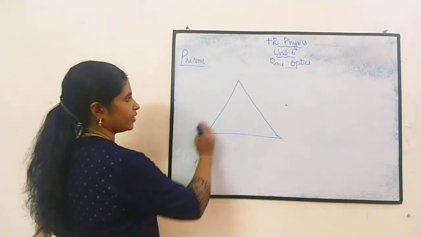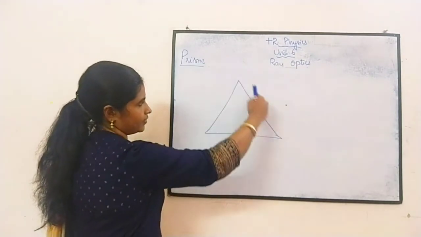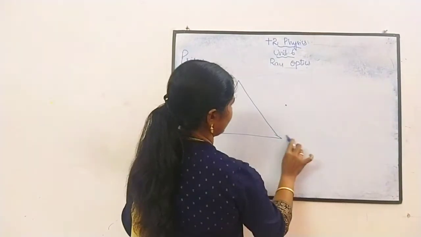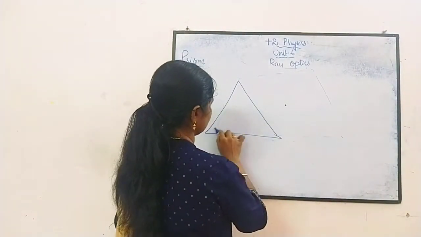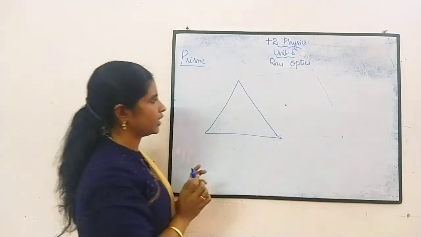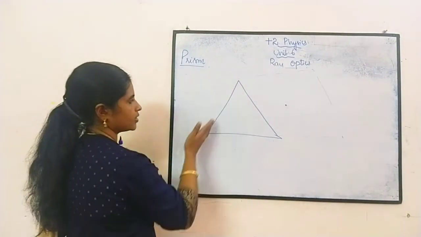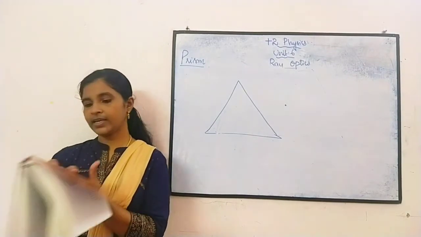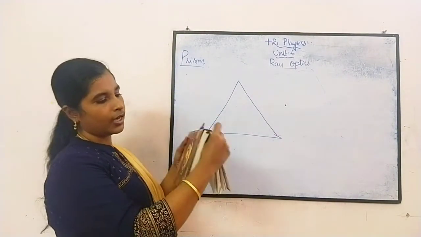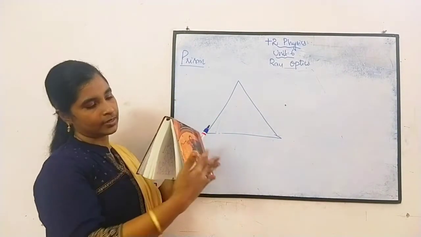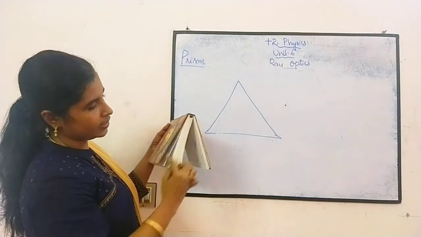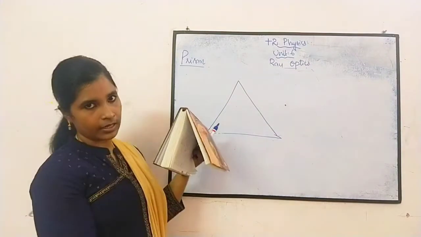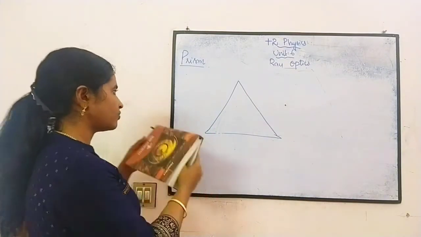So I am taking this part. These are the inclined surfaces. When we draw in 3-dimensional, we should draw like this. This is a prism. Here it will be looking like this. Can you understand what I am taking? As I told you, I have taken these 2 inclined surfaces. When you see it from here, you can see this much only. You can see the light entering here, getting refracted and leaving here like that. So I have drawn like this.